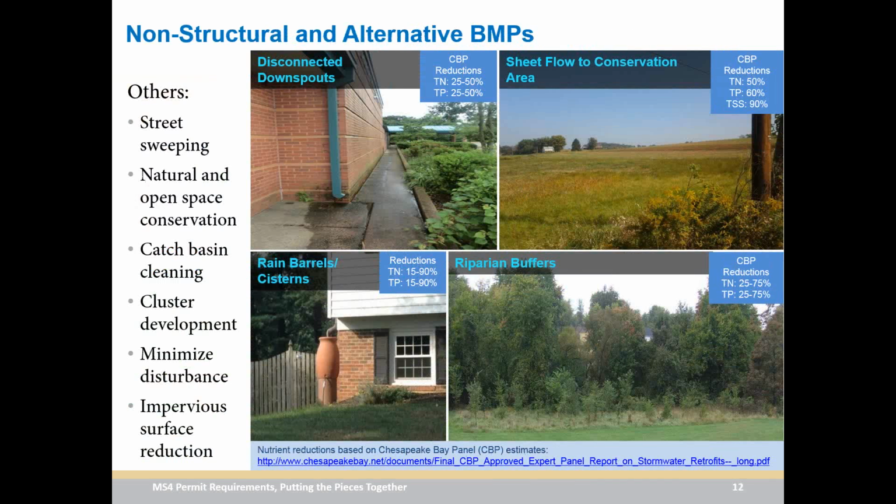Some other urban BMPs that can be used are non-structural or otherwise alternative BMPs. Some of these stretch a little bit more into a planning or regulatory practice, and these can include outreach as well. Rain barrels, riparian buffers, tree planting, sheet flow to conservation area. These are all items that can be used when the opportunity presents itself to